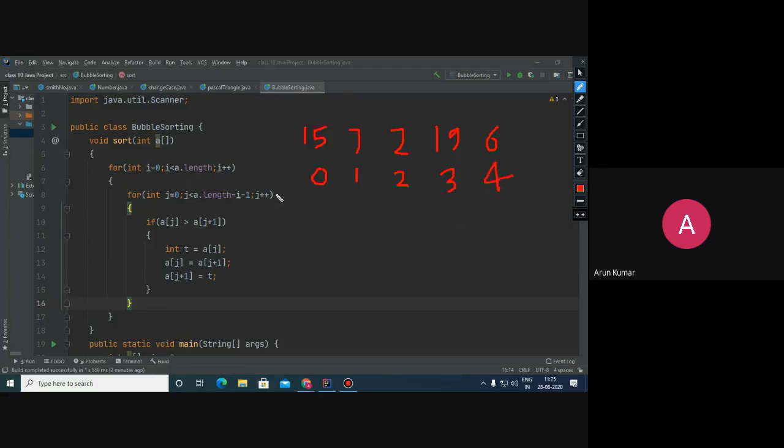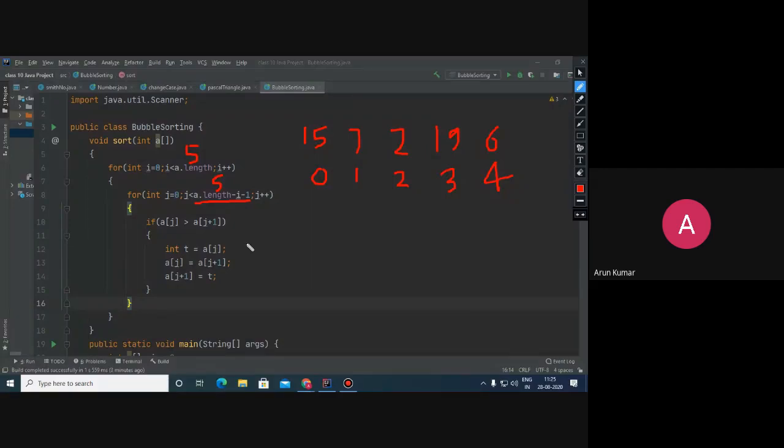Children, here the size of the array is 5, so A.length will return 5. And the loop will go from 0 to less than 5, meaning it will go from 0 to 4. And now this will go from 0 to less than A.length minus i minus 1, that is 5 minus i minus 1.